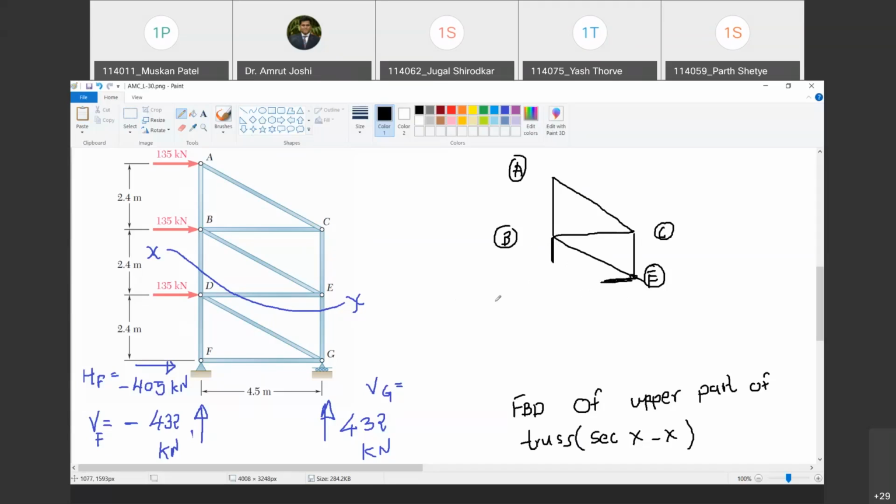Now free body diagram का मतलब क्या है? Free the body from all external agencies and show what the external agencies must have been doing. So is 135 kilonewton external to this body? Yes, sir. So this 135 kilonewton is external, so I'm going to show that 135. Are you with me? Yes, sir. Then is this 135 external to the body? Yes. So I'm also going to show that 135. Are you with me? Yes, sir.